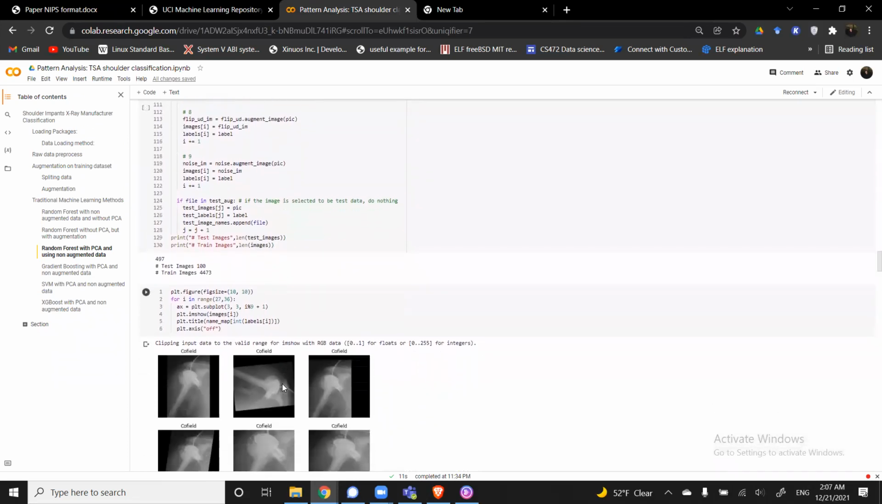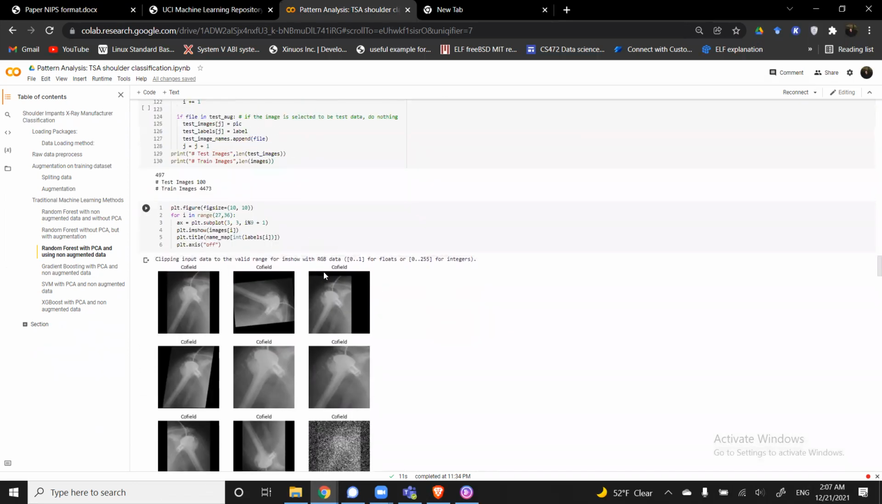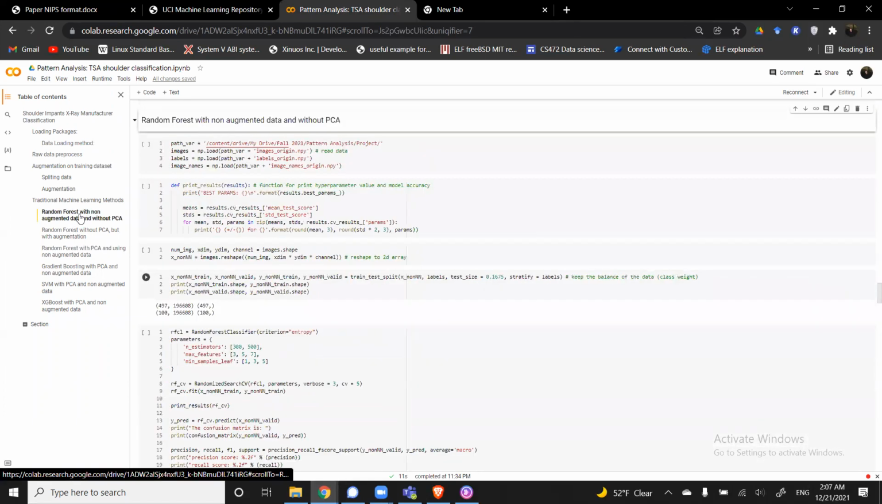And as you can see right here, these are the augmented pictures from the dataset. So this is the pre-processing step of the dataset. After we do that, we first perform the random forest with non-augmented data and without PCA, because this is